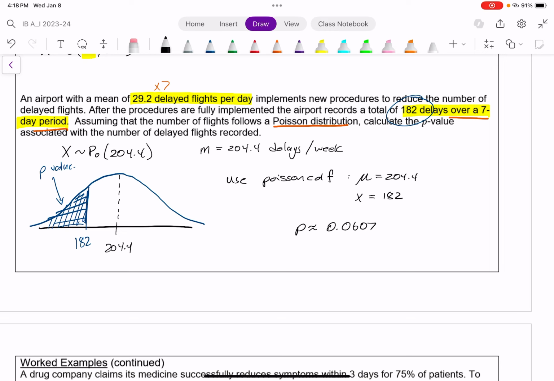0.0607, 3 significant figures. That's just our probability, which means if the number of flights per day has not improved, it says they put some new procedures in, but this assumes that because we're using this old mean. So assuming the mean has not improved, then we can assume there is a 6% probability that we would have